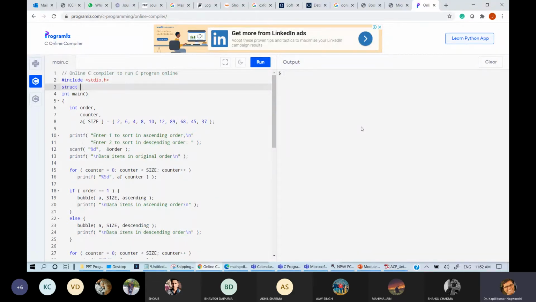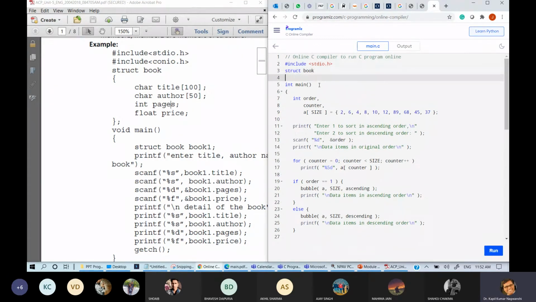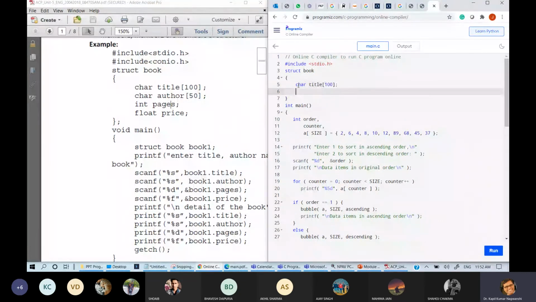What is written here? Struct book, and then left curly brace and right curly brace, and then suppose character title, 100 size will be given. And you need to declare a structure one by one. You cannot declare a structure directly.